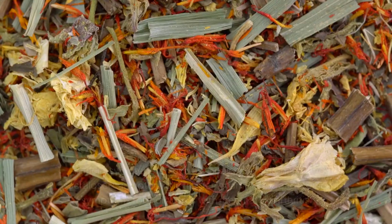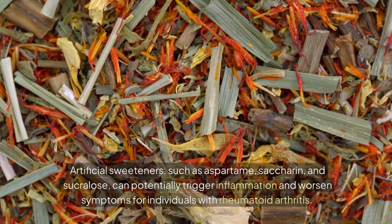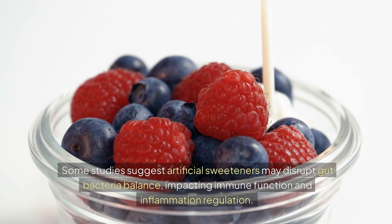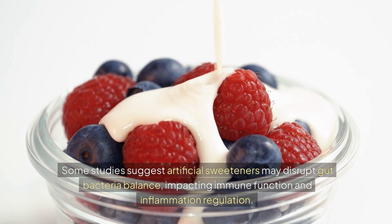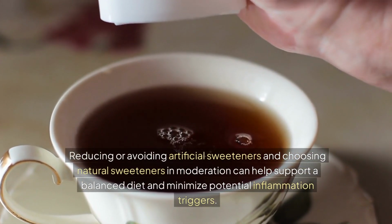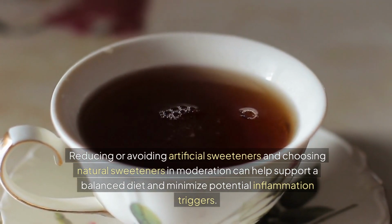joint health. Artificial sweeteners, such as aspartame, saccharin, and sucralose, can potentially trigger inflammation and worsen symptoms for individuals with rheumatoid arthritis. Some studies suggest artificial sweeteners may disrupt gut bacteria balance, impacting immune function and inflammation regulation. Reducing or avoiding artificial sweeteners and choosing natural sweeteners in moderation can help support a balanced diet and minimize potential